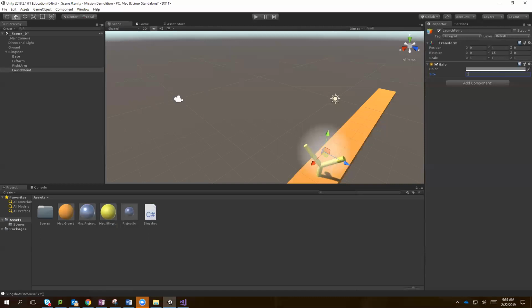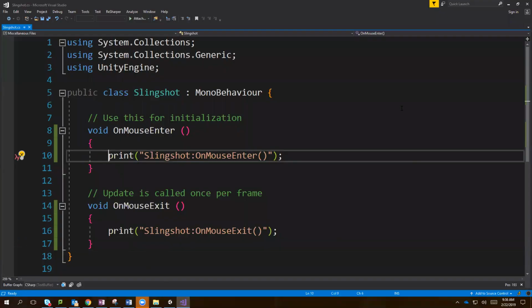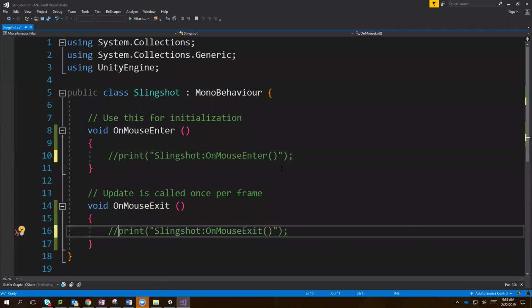Okay, so our halo is going to be controlled by our Slingshot script. So let's go back to edit it some more. Now, our print statements were just debugging code. So let's go ahead and comment those out. And of course, we could come back and uncomment them if we wanted to at any time, if we thought things weren't working properly. So for our Slingshot class,